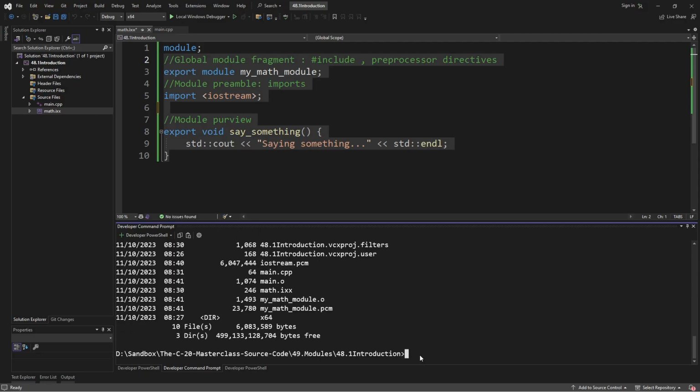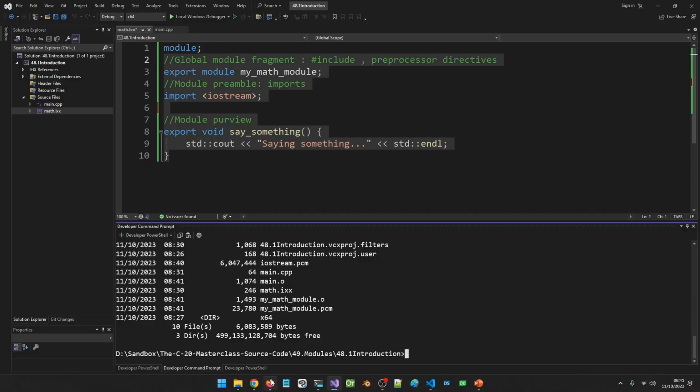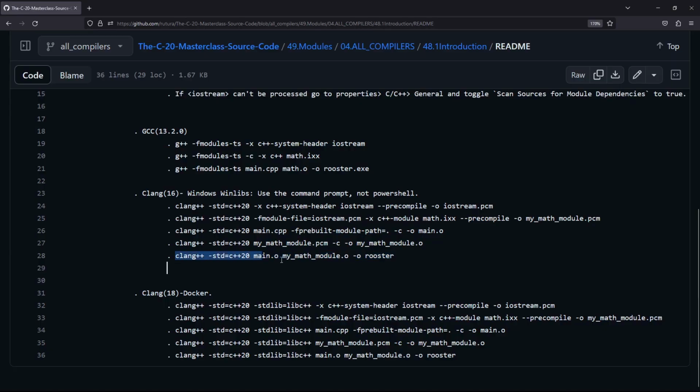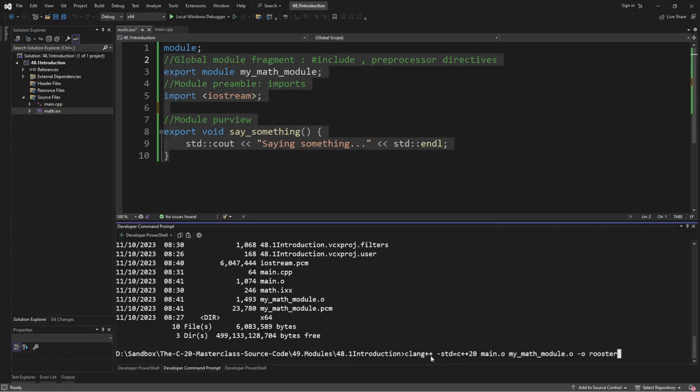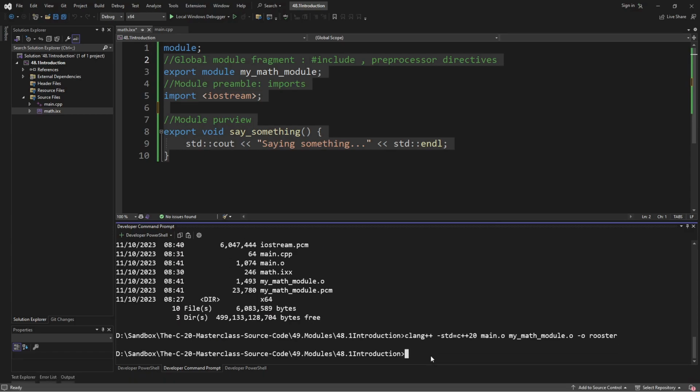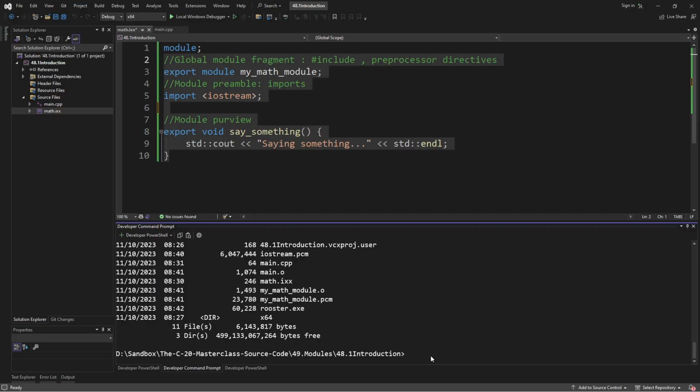If we do dir, we will have our object files, and all that remains is to link everything together and create an executable file which is named rooster. Let's do that. We can come back to our terminal and hit this, and if we do dir, we should have our output file named rooster. If we run it,